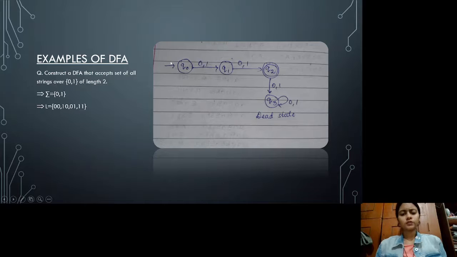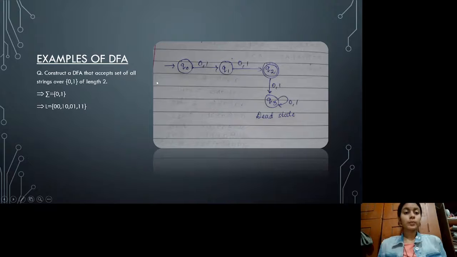Now coming to the design of this DFA. The starting state is taken. Then we can have either 0 or 1. With this, we can move to the next state, that is Q1. And then after Q1, we can have only one input, but either 0 or 1. We move it to the final state, that is Q2. But what if after that we are also getting some input of strings? We quickly move that to the dead state or the trap state Q3, and they are just not accepted by this DFA.